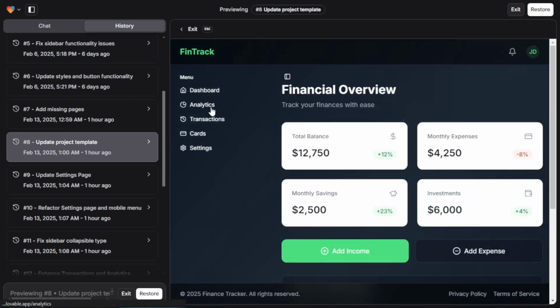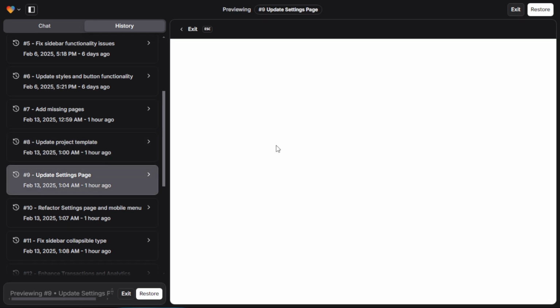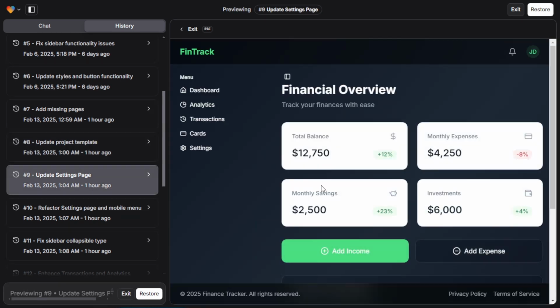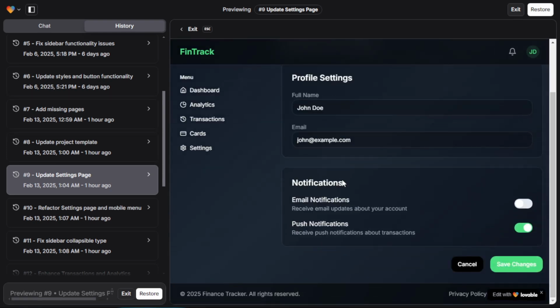It looks like this. Okay, let's go to, let's say, analytics and see what's there. I think I made some changes to the buttons, so nothing really peculiar to note there. I think this one was a really good comment message here. We got update settings page, so I just know that what I did here was to update the settings